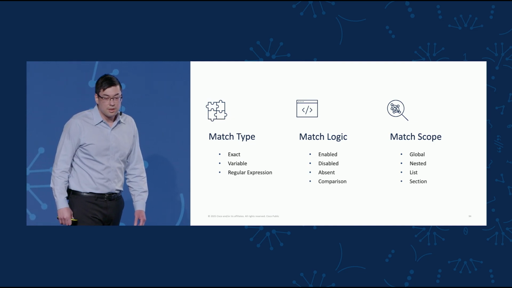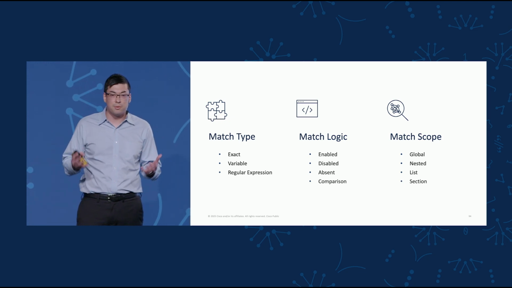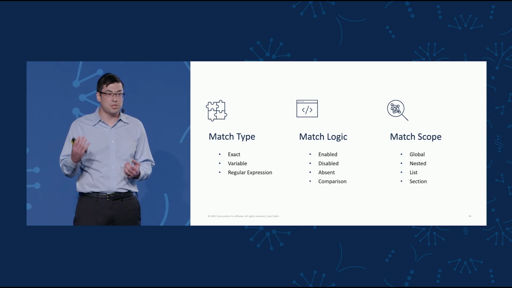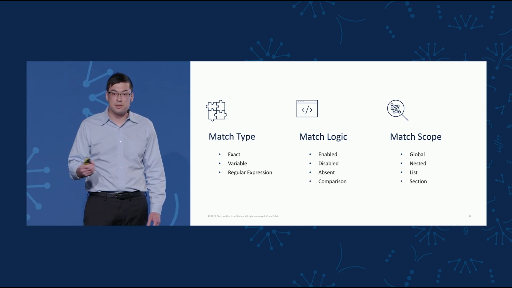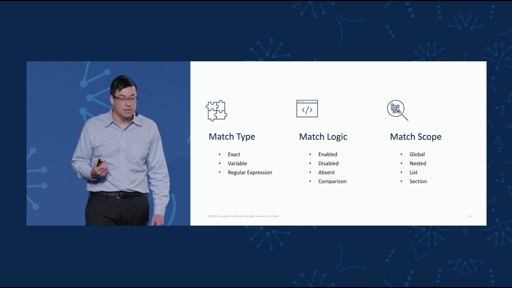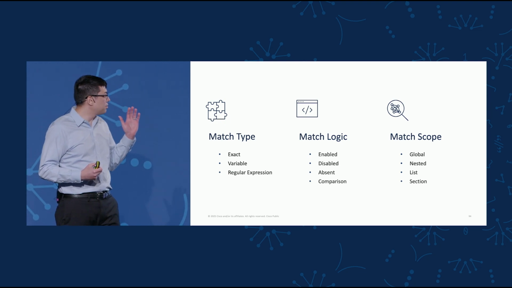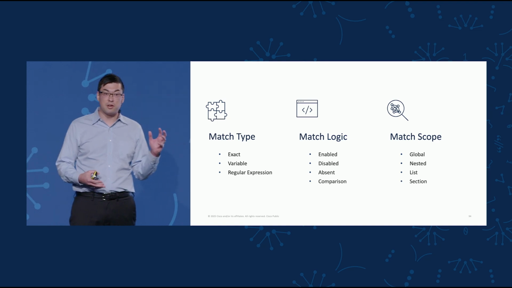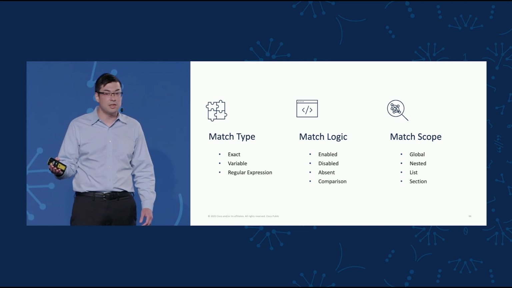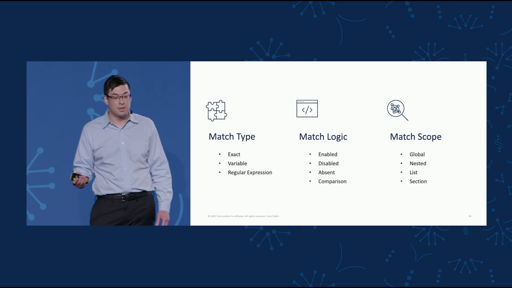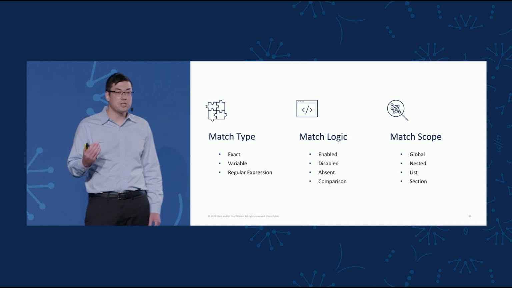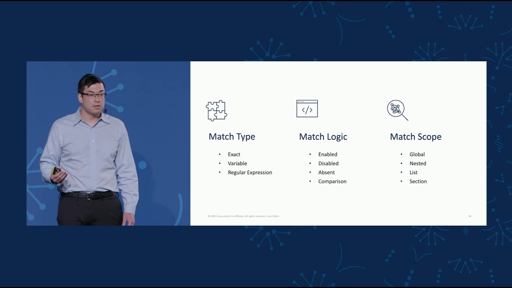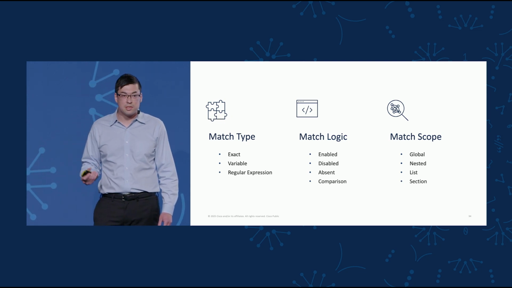Okay, so these are some of the patterns that we feel are super important to share with you all of how to identify a good compliance check in defining what the actual intent is to ensure we're checking things accurately. These are 3 patterns we look for, whether it's in the configuration tree, and most recently in NSO 6.5, the operational tree. And it allows us to break down compliance intents through match type, match logic, and match scope. Let's dive into each one of these.